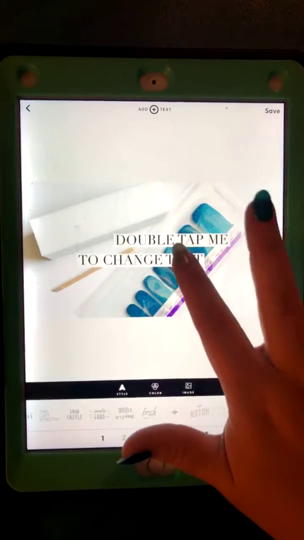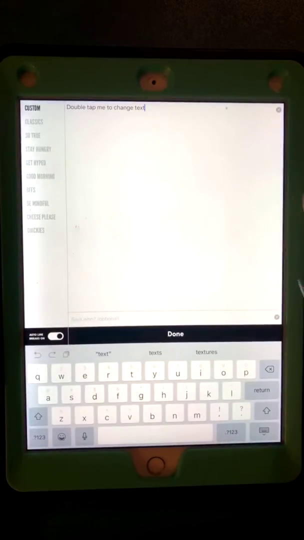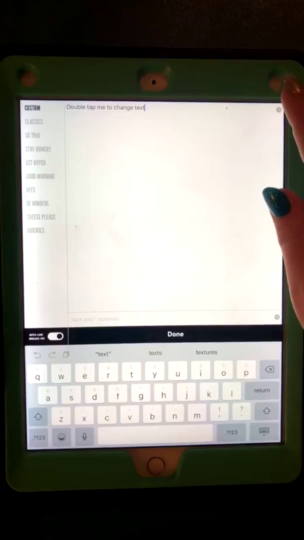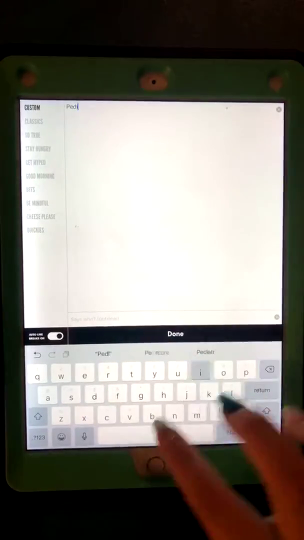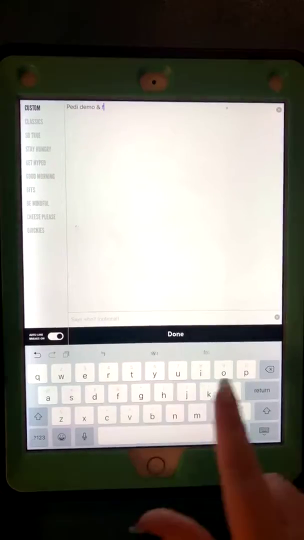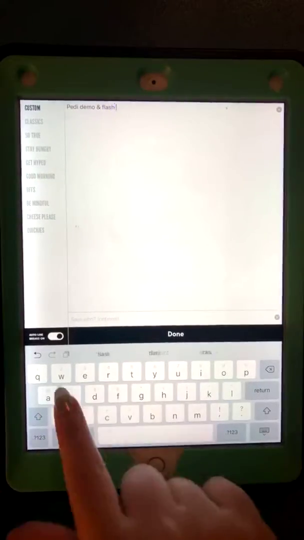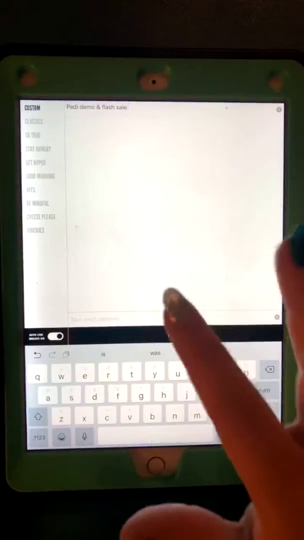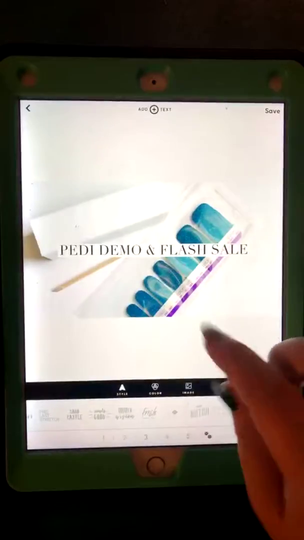And so we're just going to tap. So you double tap it so that you can put in new words. And I'm going to say petty demo and flash sale. Now the really cool thing about WordSwag is, and then you hit done, it will give you